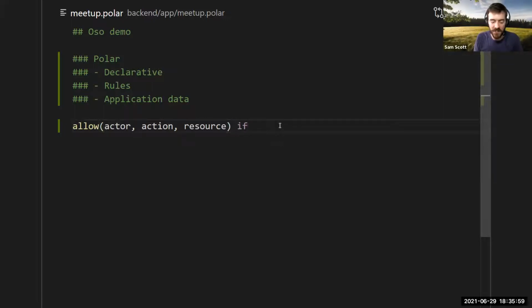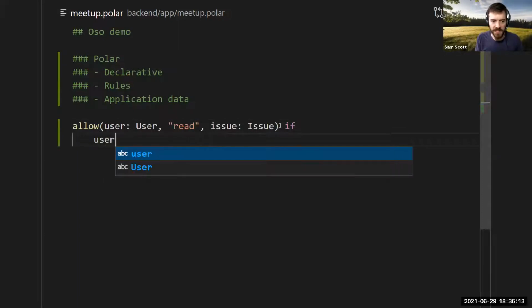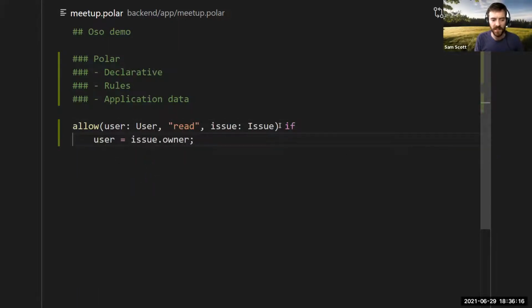So it's conditional. You write an if statement afterwards. In our previous example, the actor was a user, and they wanted to read an issue. And the logic we wanted was that the user was actually the issue owner. This is a simple example of a rule you can write, and we'll see how the policy allows you to build more complex logic.